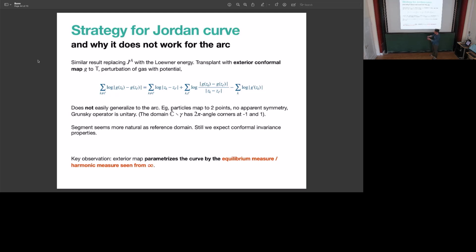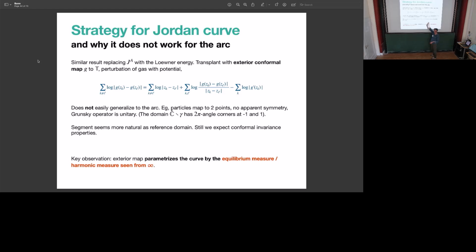For example, each point on the arc will now correspond to 2 points on the circle. Maybe if you have some special arc, you could have some kind of symmetry, but of course, for a generic Jordan arc, there's no particular symmetry between the 2 points. So you will not get a nice model of the circle